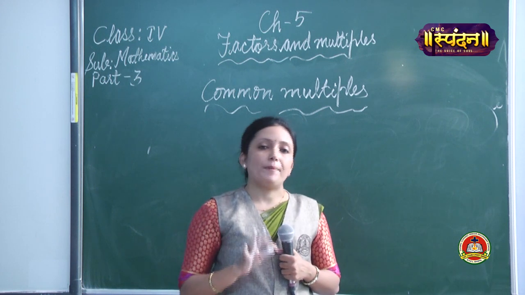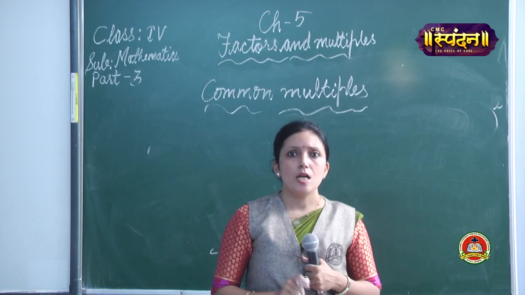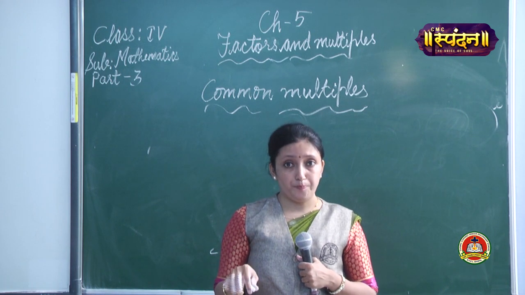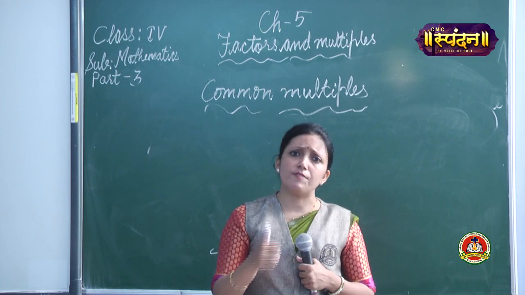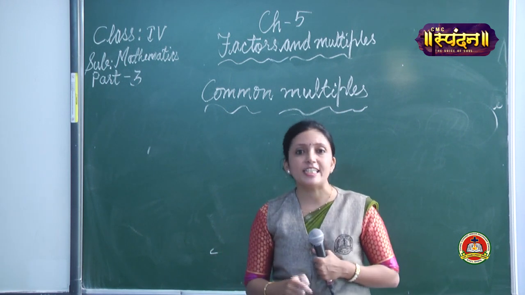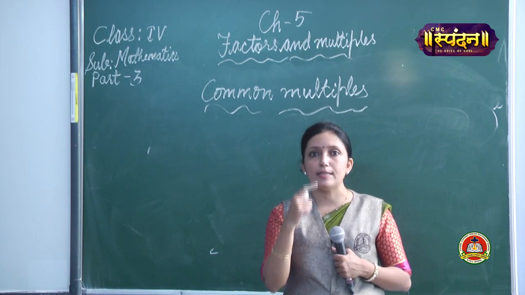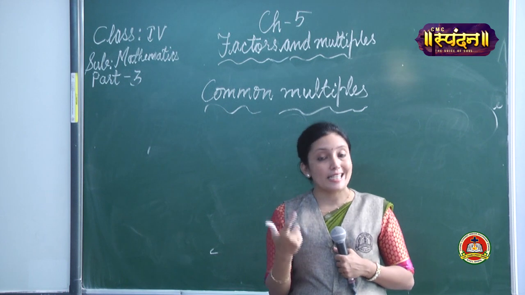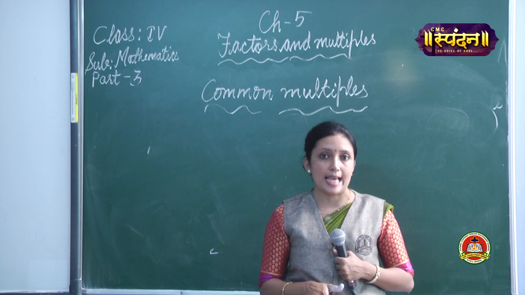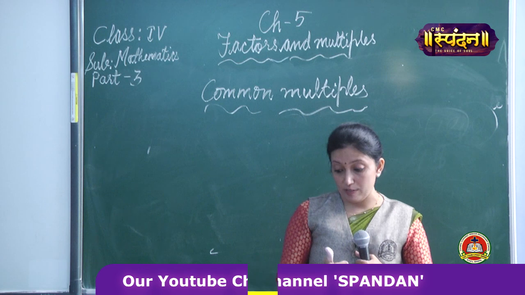Okay, one more topic is there, children, in this, that is divisibility. And why it is helpful is, how will I know which number is divisible by which number. In your book, much is not given, only the divisibility of 2, divisibility of 5 and divisibility of 10 is there. You need to learn this divisibility test so that it will be easy to find out whether a particular number is divisible by 2, 5 or 10. So I am just explaining, and then you will be writing down the divisibility test before the exercise from the book itself. Okay? So let me explain one by one.